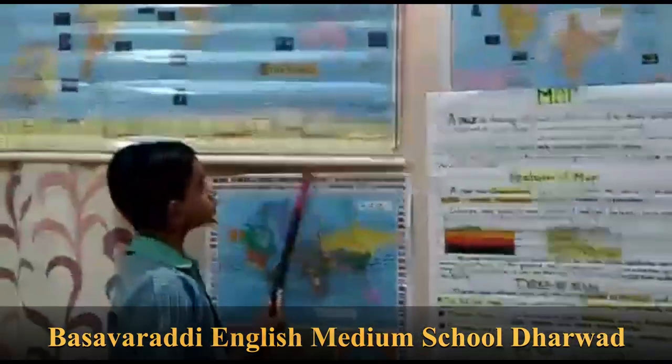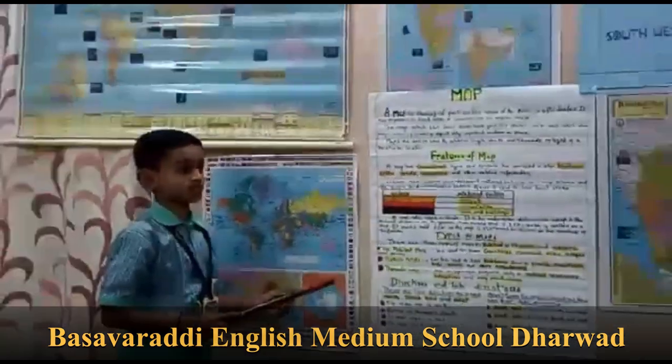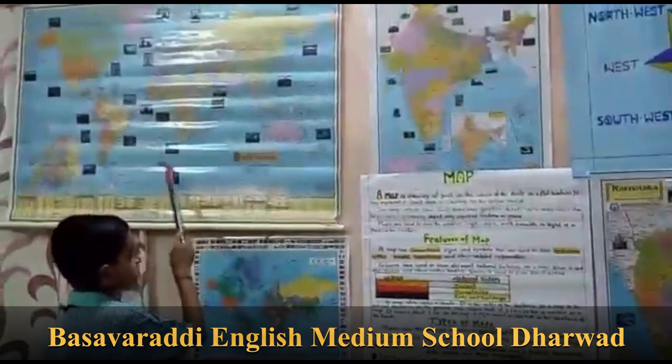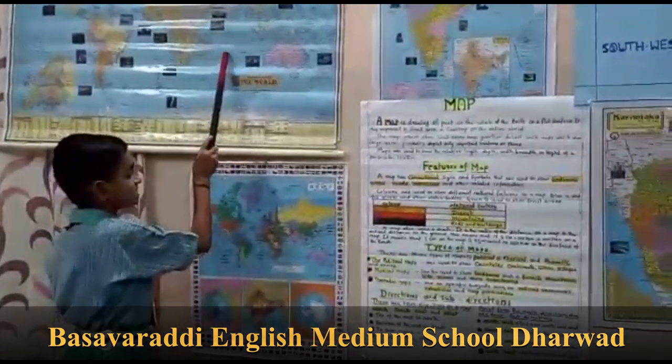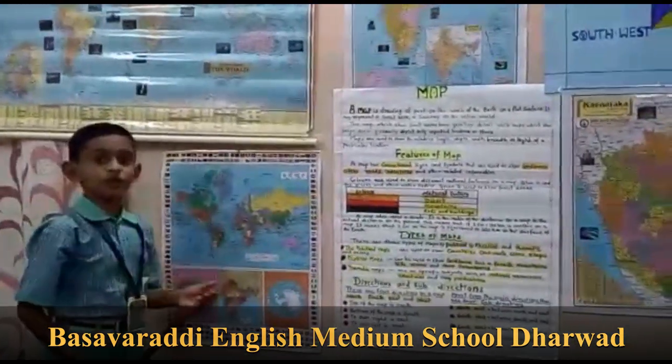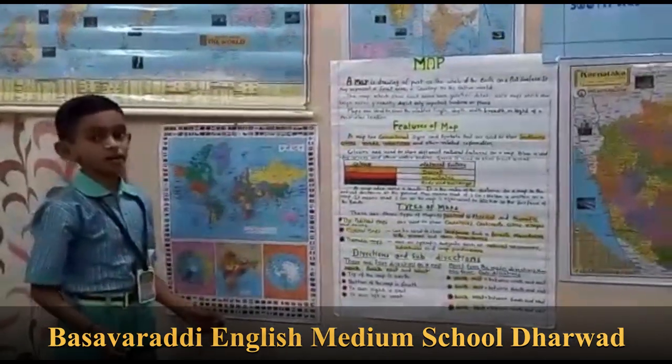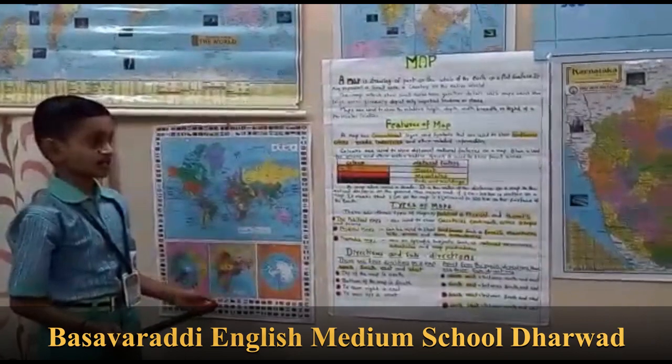A map also uses a scale. It is a ratio of a distance on a map to the actual distance on the ground. This means 1 centimeter to 100 kilometers. 1 centimeter to 100 kilometers is written on a